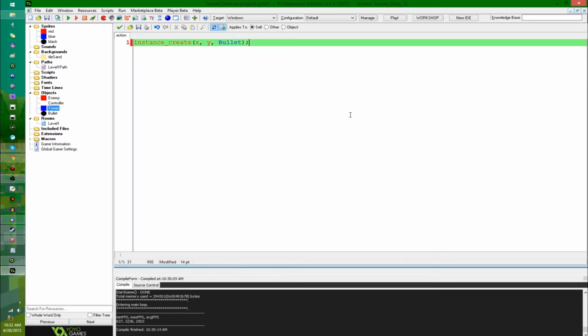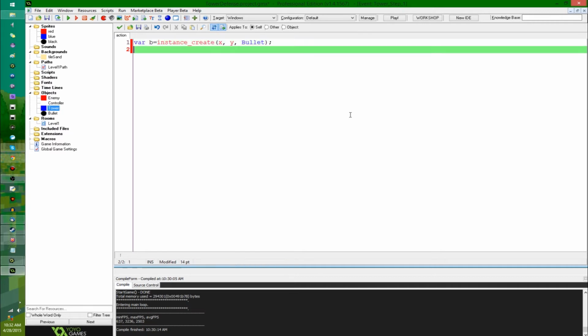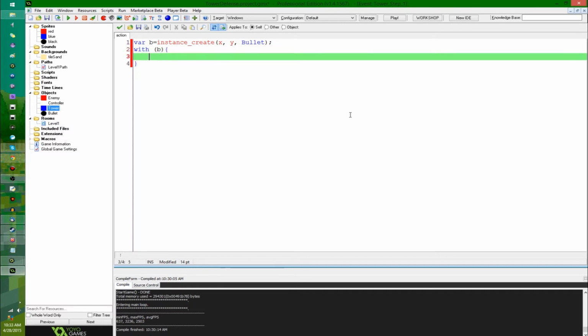Admittedly, my spelling so far has been better in this video than it has been in the past. I don't want to say that too loudly because next time I know it's going to take me like 5 minutes to spell the word if. But we're going to assign this to a temporary variable so that I can use it later, and we're going to say with bullet, it's going to move towards,